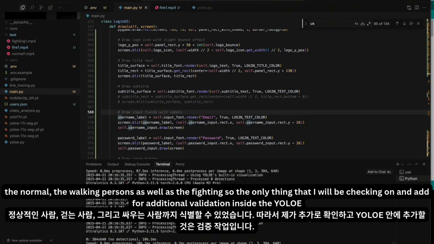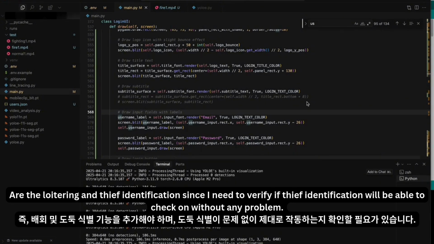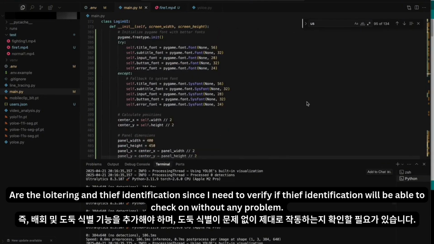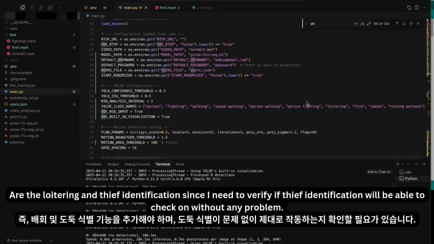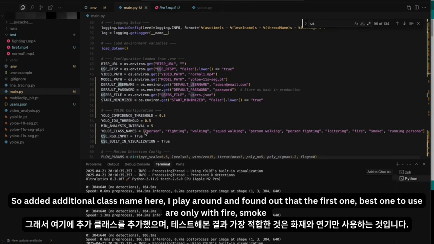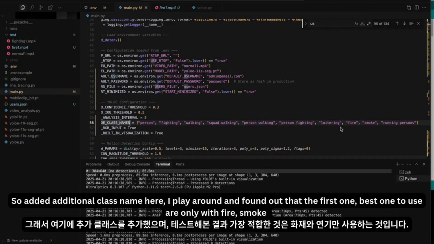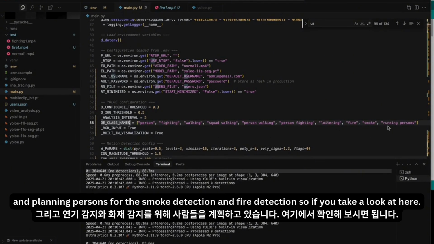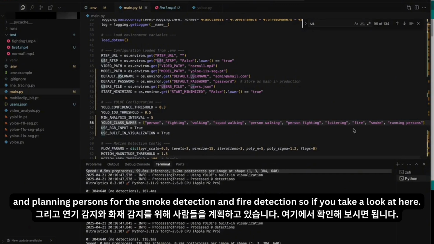So the only thing that I will be checking and adding for additional validation inside the YOLO-E are the loitering and thief identification, since I need to verify if thief identification will be able to work without any problem. So I added an additional class name here. I played around and found out that the best ones to use are only fire, smoke, and running persons for the smoke detection and fire detection.